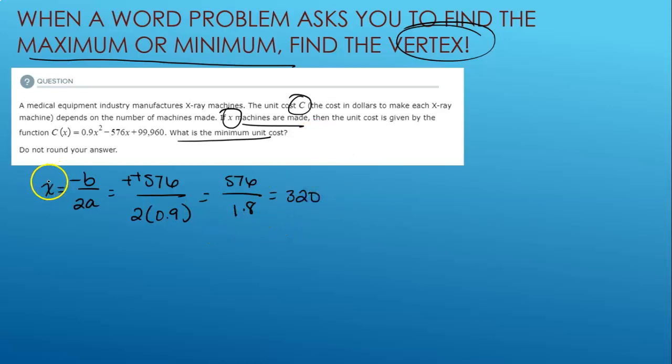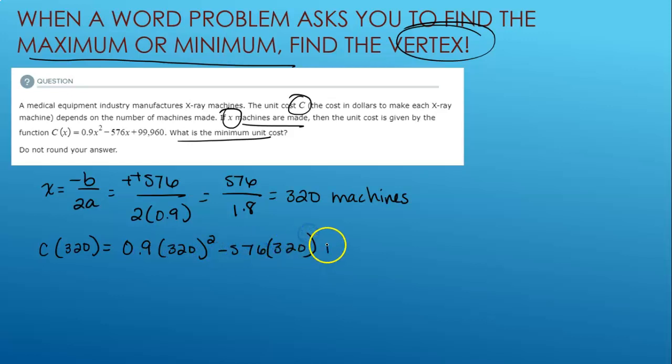Now remember, this is X. X is the number of machines. That's the minimum number of machines, not the minimum cost. To find the minimum cost, I have to substitute 320 into the function. So this becomes 0.9 times 320 squared minus 576 times 320 plus 99,960. Order of operations says we square first, so I do 320 squared, and that gives me 102,400 times 0.9